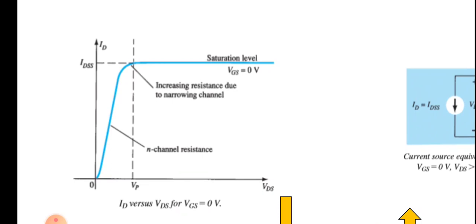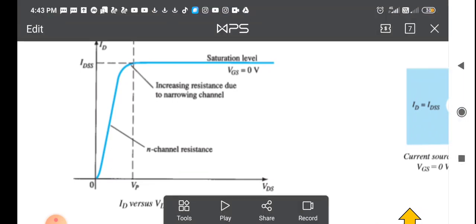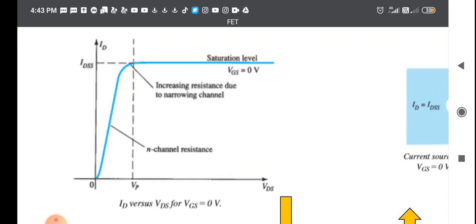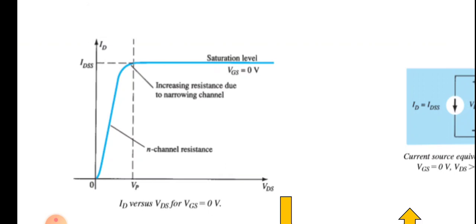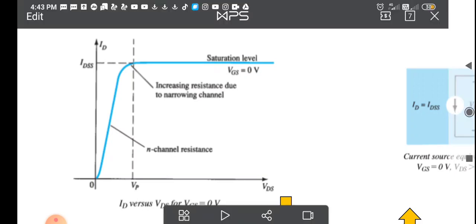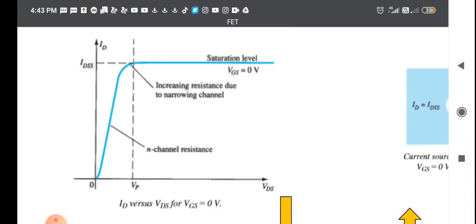So as the drain to source voltage is increased, the drain current continuously increases, and finally when the potential is equal to VP, which is nothing but the pinch off voltage, there is no change in the current. This is because the JFET has reached the pinch off region. In the pinch off region, any further increase in drain to source voltage is not going to improve the current ID. So the maximum current through the JFET will be IDSS.